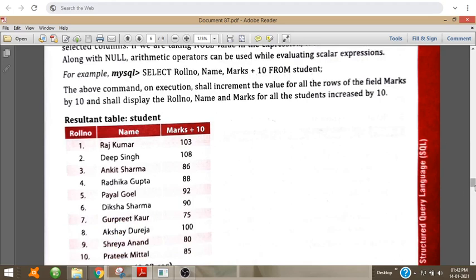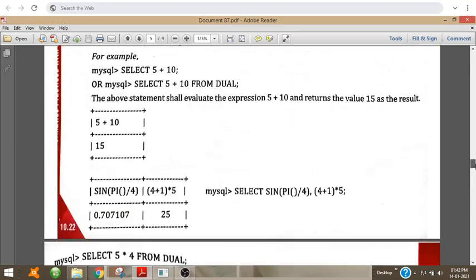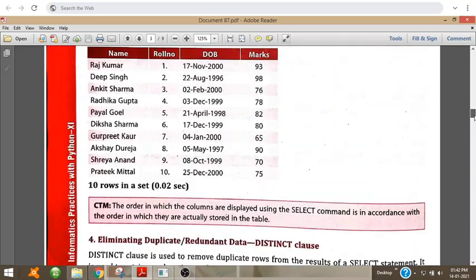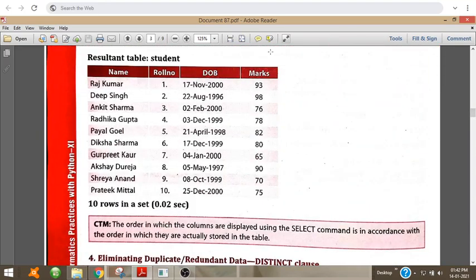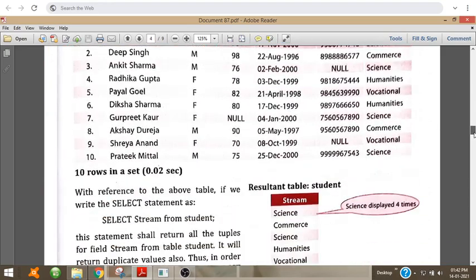In our student table, we have the column marks, and from it we retrieve roll number, name and marks plus 10. In this output, each student's mark will be added with 10. That is, Rajkumar's mark is 93, so 93 plus 10, 103, will be the output.